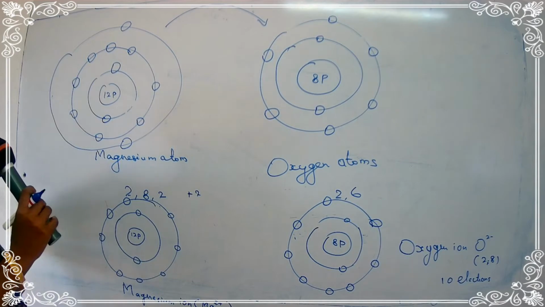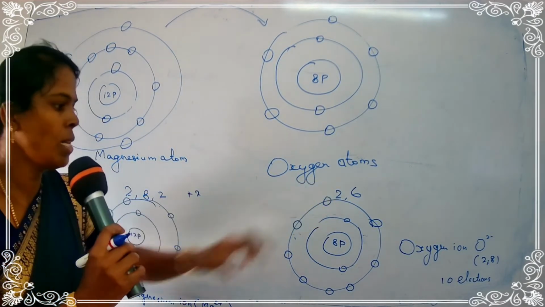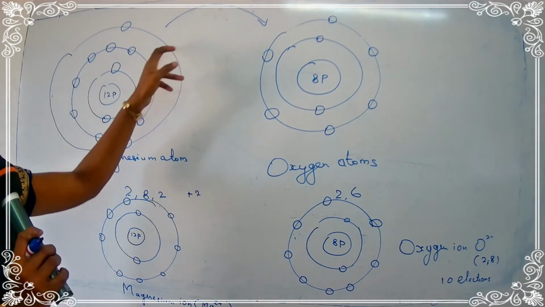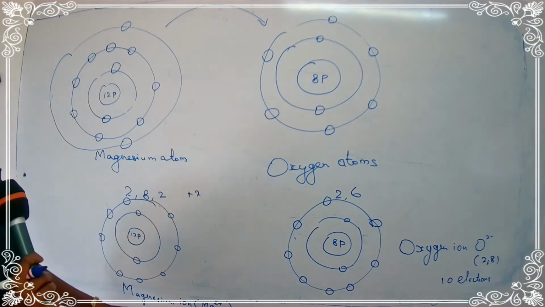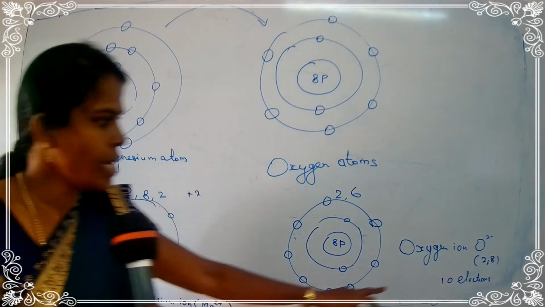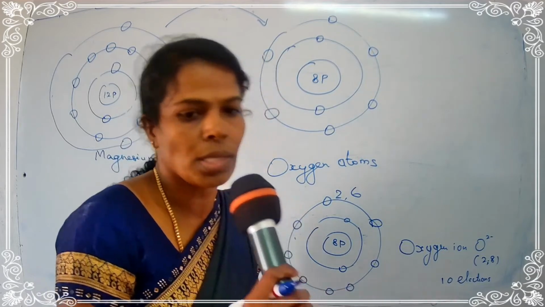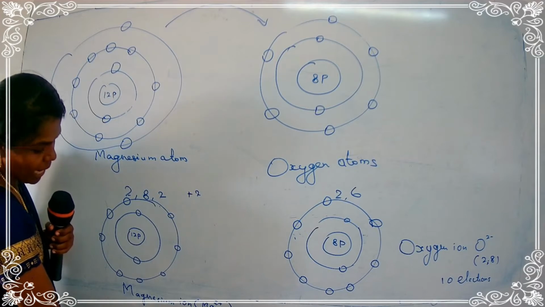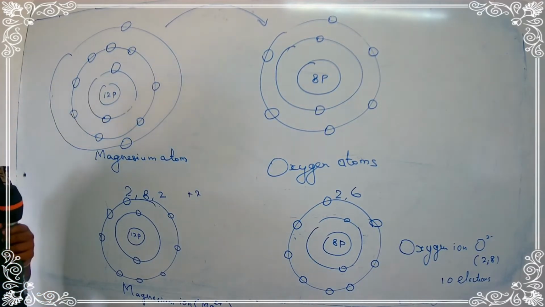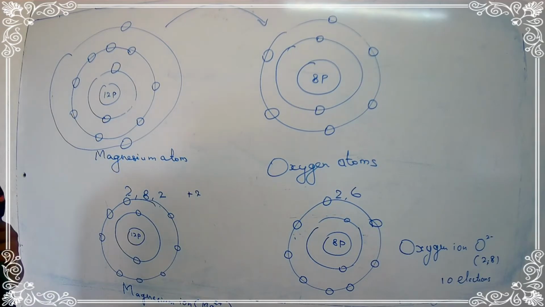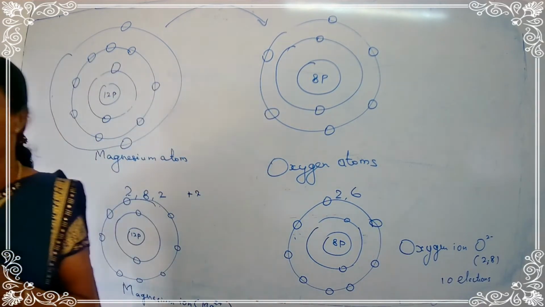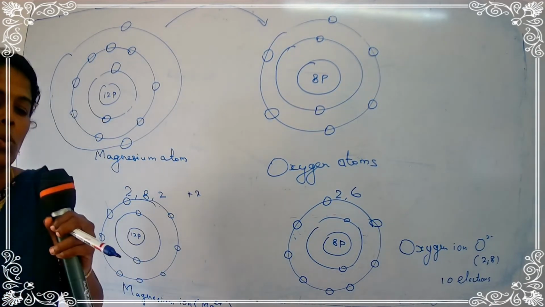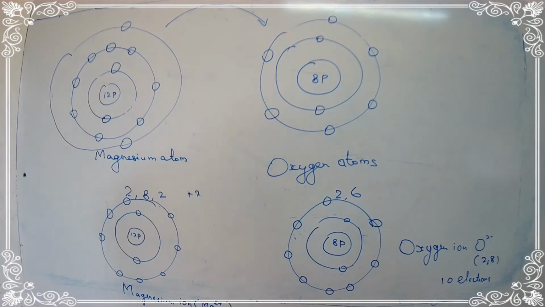Yes. Now listen. This is a magnesium atom. This is an oxygen atom. Now when two electrons go from magnesium to oxygen, it becomes a magnesium ion. When it gets the two electrons from magnesium, it becomes an oxygen ion. Did you understand? Listen, the last shell should have 8 electrons. Then that element attains stability. Okay, children, did you understand? Okay, we will study the next one. We are going to see the chemical formula.